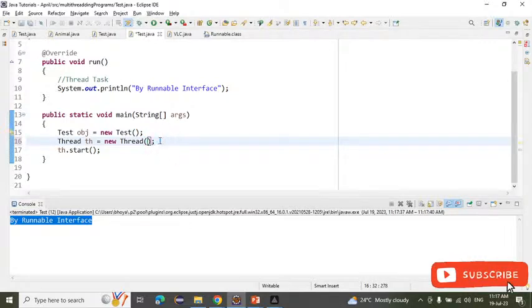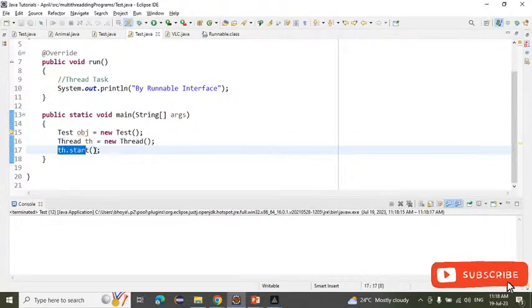Suppose I do not write obj here. What will be the output? Anyone knows? It is not giving any error. Any error or anyone? No output. Let's try to run this one. If I run this one, nothing we are getting, no output we are getting, because